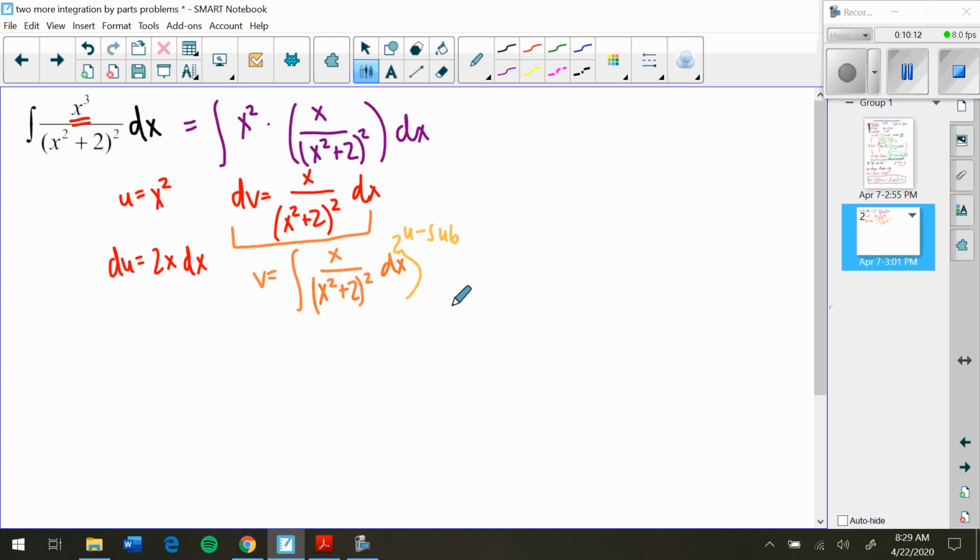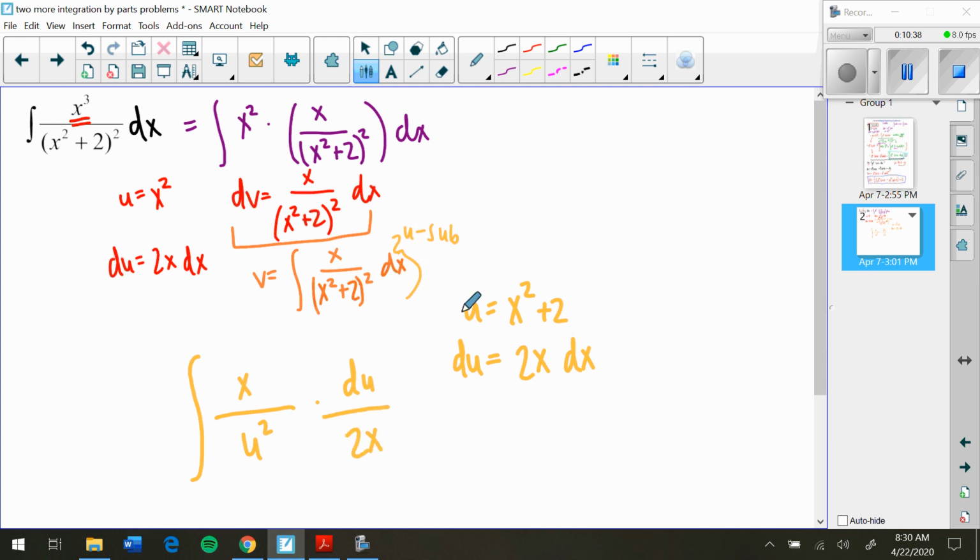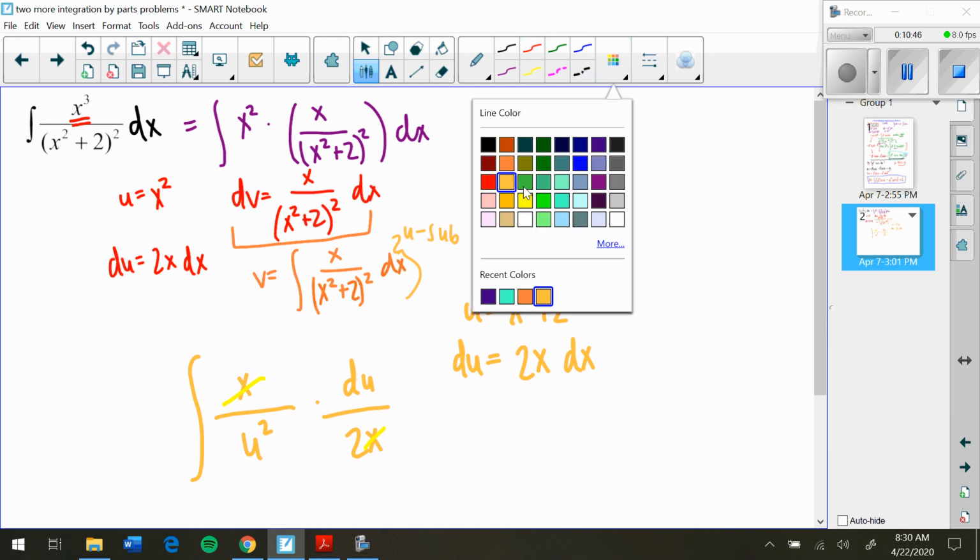Okay. So I'm going to select my u to be x squared plus 2. Why? Because then du is 2x dx, which is going to cancel out this x in the top. All right, I'm going to substitute things in, so I technically have the integral of x over u squared times du over 2x. This is great because our x's are going to cancel, and I am left with